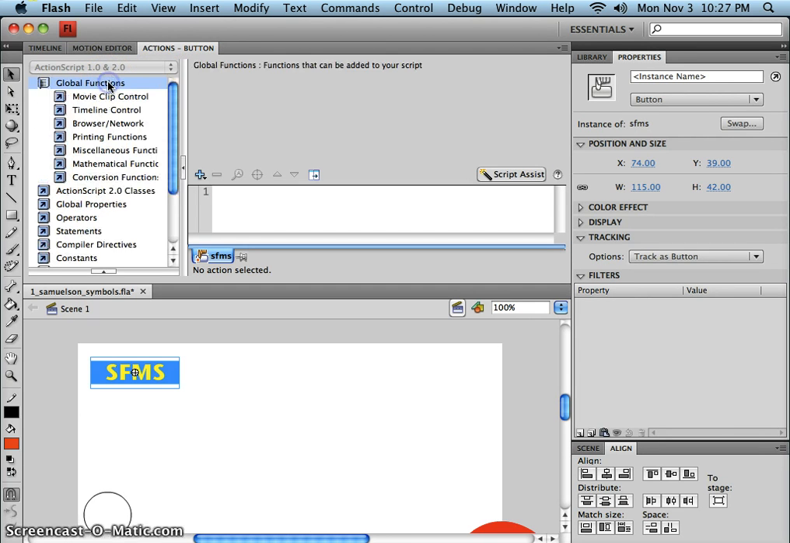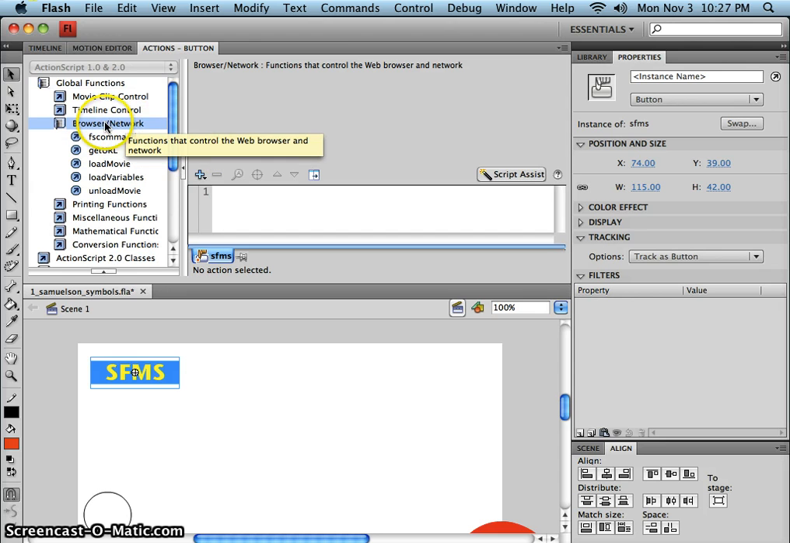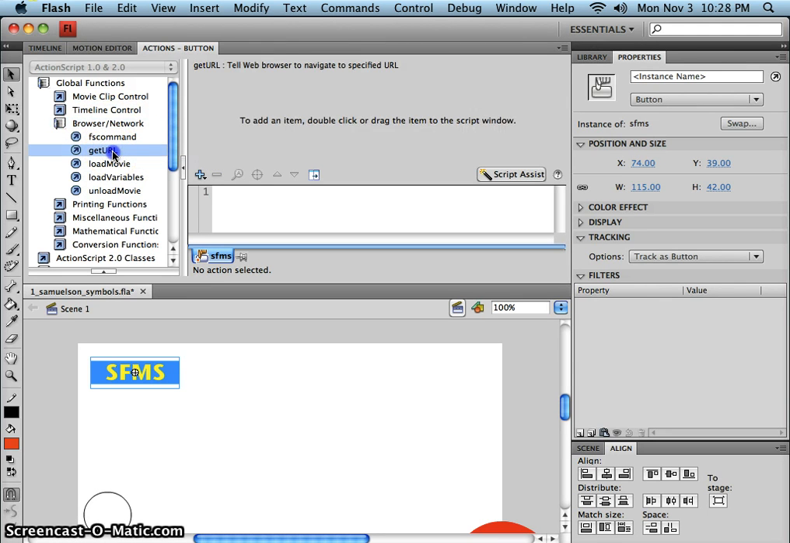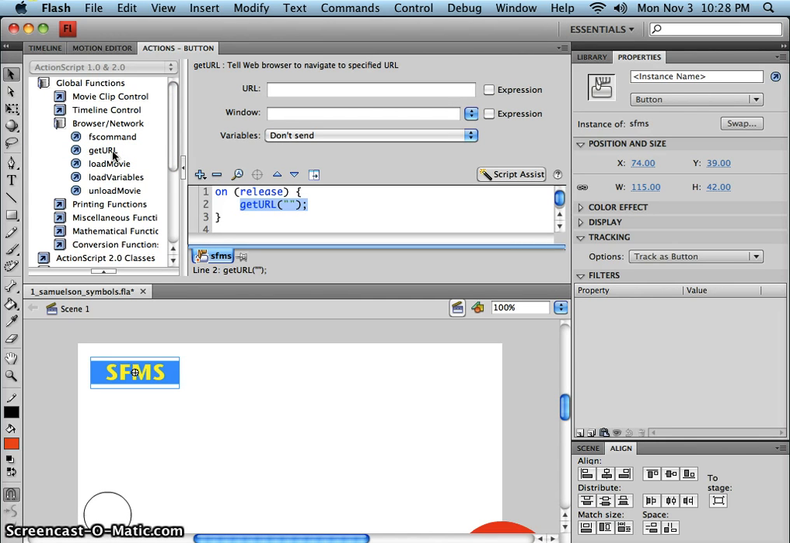So now I'm going to go into Global Functions, and all I have to do is a single click. Then I'm going to do Browser Network, and I'm going to then double click on Get URL. Okay, URL, you know, is basically a website address. So up here, the URL, I can type in http://sfmstechapps.org. That's our website. Now, it is important. You always have to include the